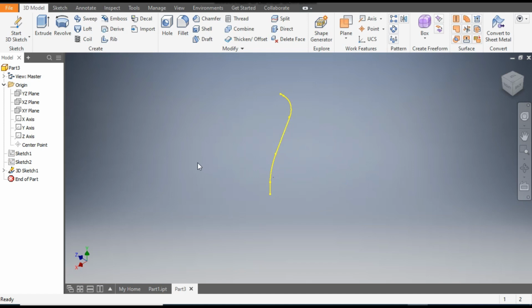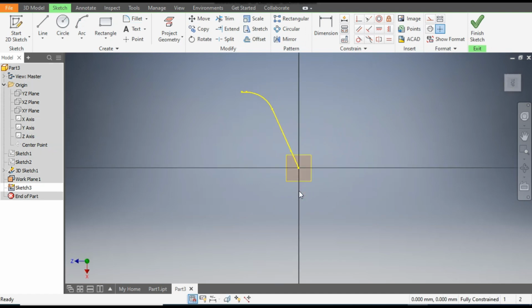Now to make a pipe profile on it, we will make a new plane. So go to plane command, select this bottom point and select this line. A new plane has been created. Select this plane, create sketch. Go to project geometry and select this point. Okay, now go to circle command and on this point make a circle of dia 18 mm